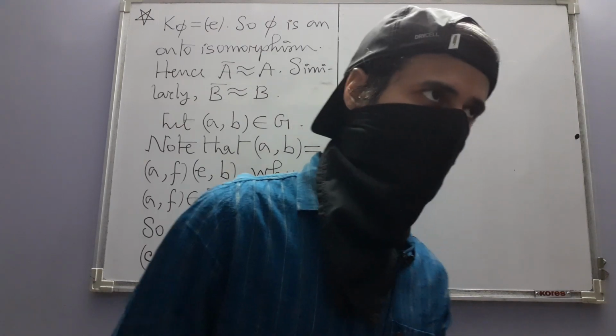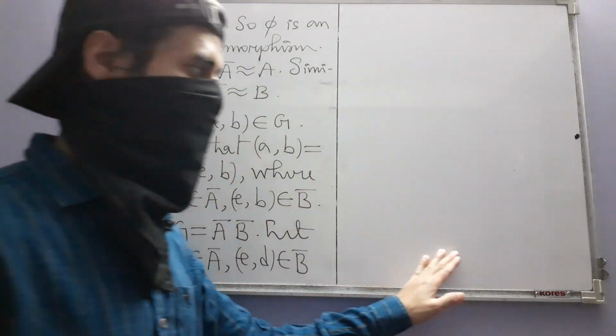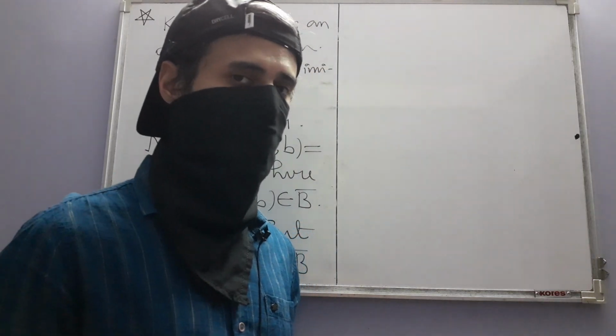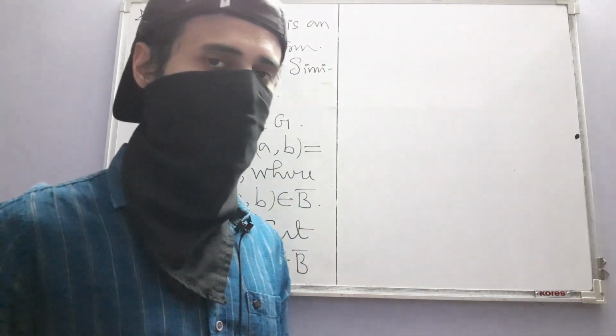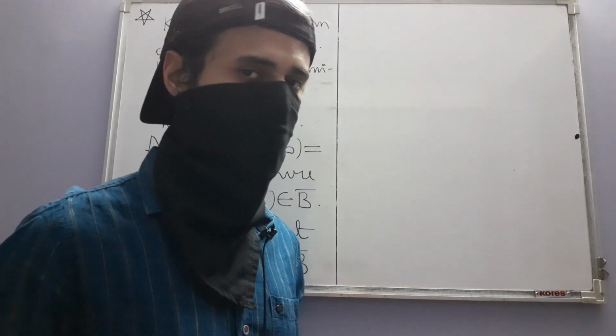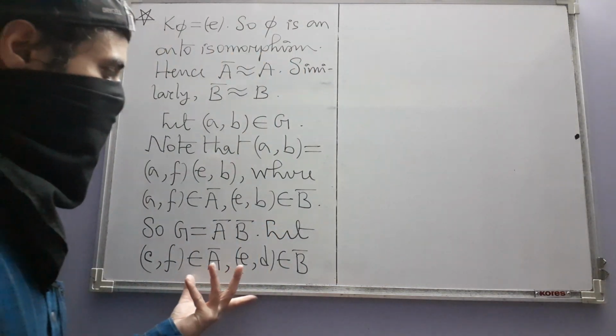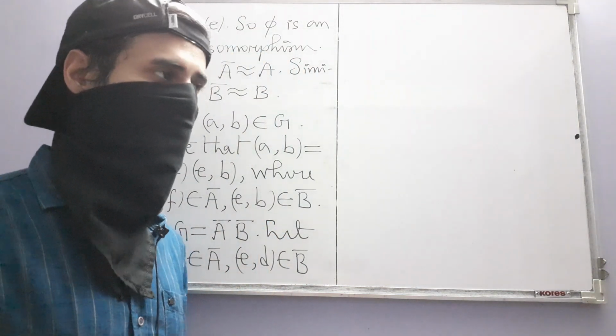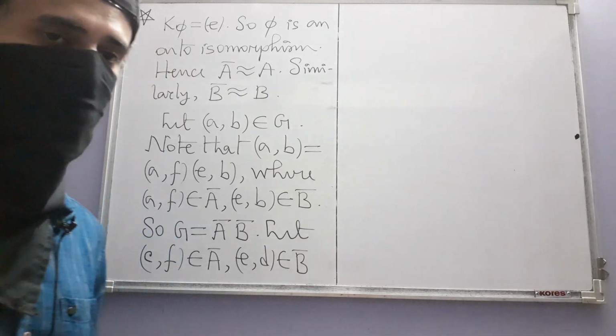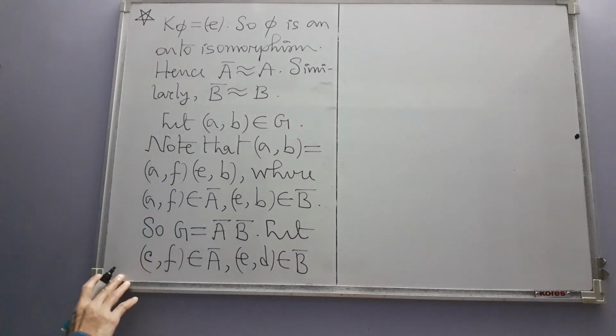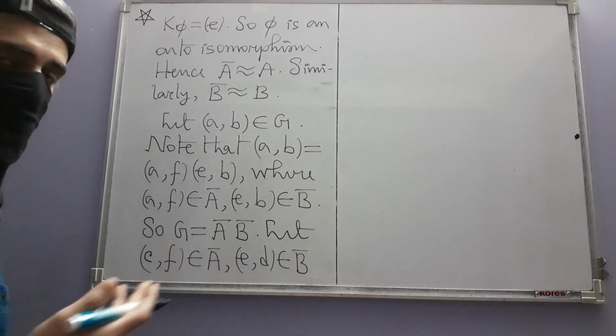One could also do all these things with the general finite case, but that just amounts to writing more things. Okay, it does not actually make it clear, rather it makes it somewhat messy and difficult to understand. That's why we are doing it first for only two groups,